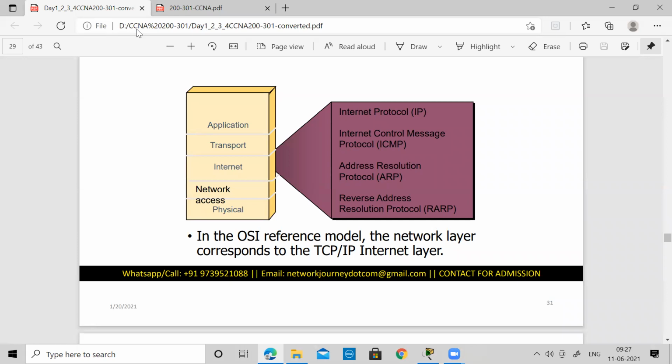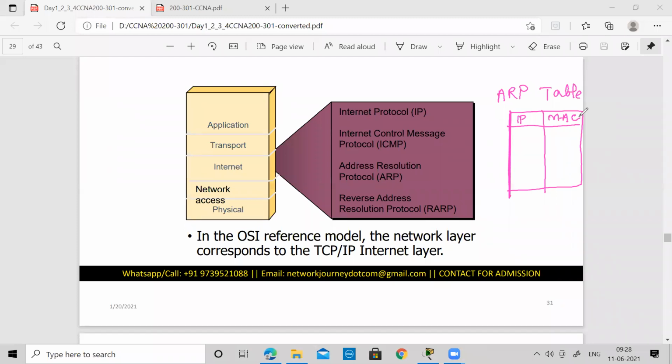As the name suggests, it is address resolution. Every device is going to keep a table, which we call an ARP table, and that table has information about two things: one is the IP and the other is the corresponding MAC. So I keep a mapping of an IP to the MAC address. This mapping table is present in every device, and it should be present so that we can communicate.